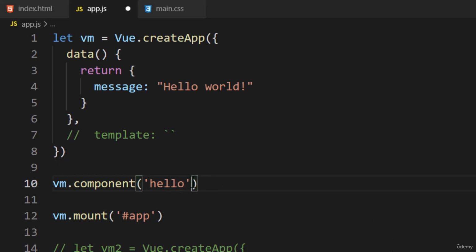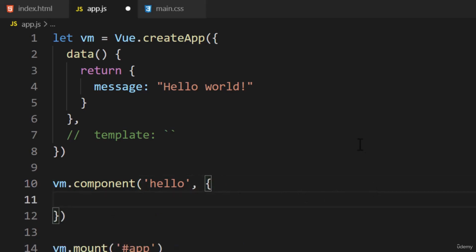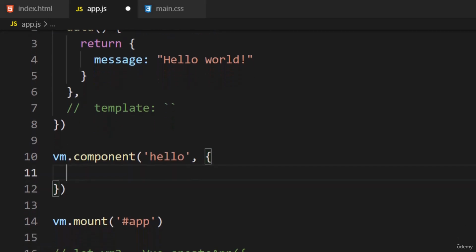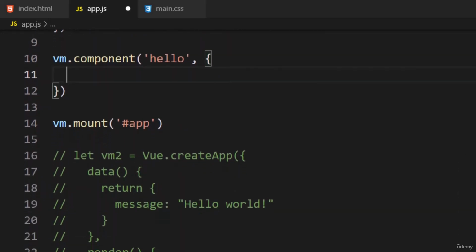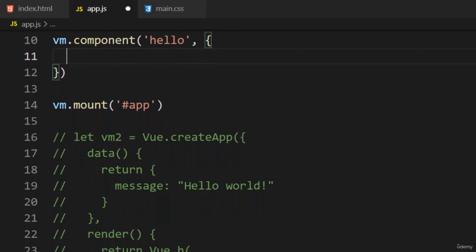The second parameter for this function is a configuration object for the component. The settings are the same settings you would use in a regular Vue instance. This means we can add the data, computed, and methods properties. The main advantage of using a component is that these property values are unique to this component. Even if we have another component with similarly named values, we don't have to worry about naming collisions between components. Not every property is